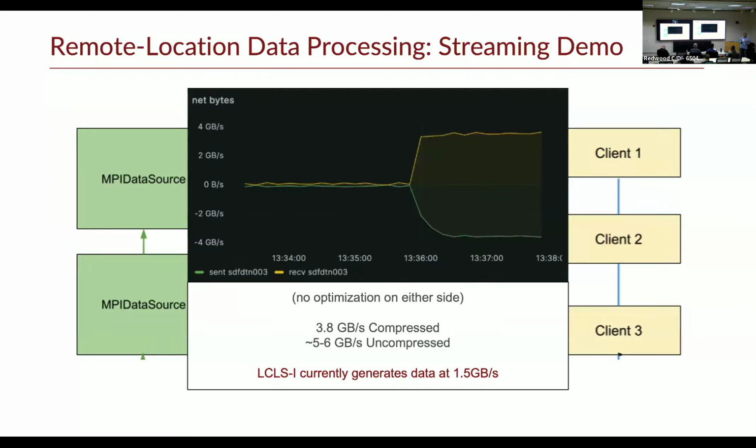Of course, this will not be enough with the high repetition rate, but in our defense, this was done with no optimization on either side. So we're sending the data through an SSH tunnel, and we hope that when everything is up properly, we can improve the speed with time according to the needs of LCLS.